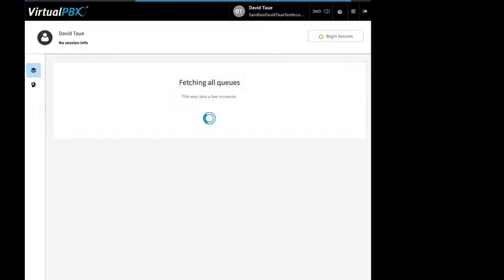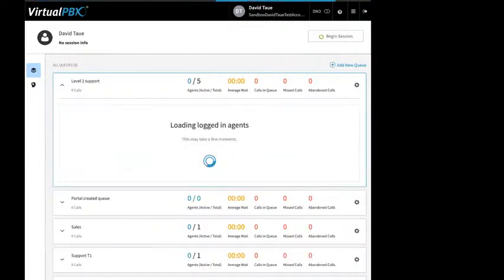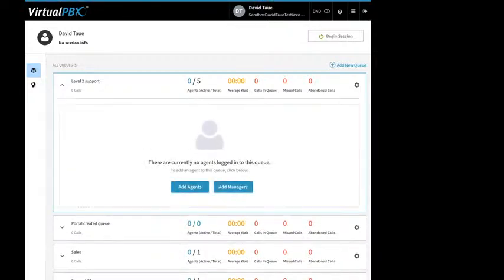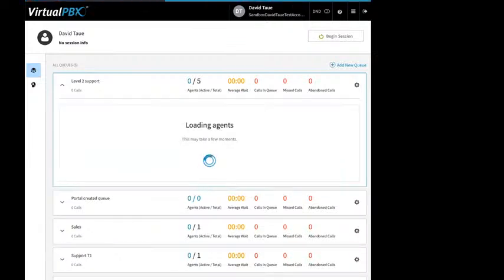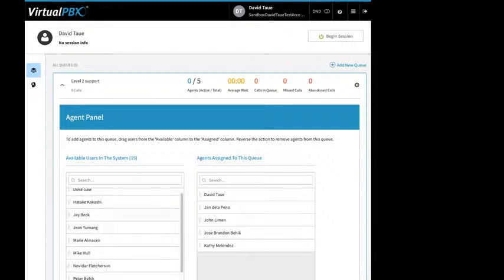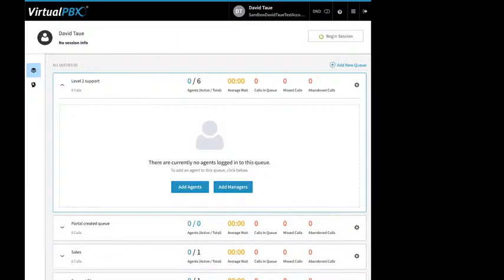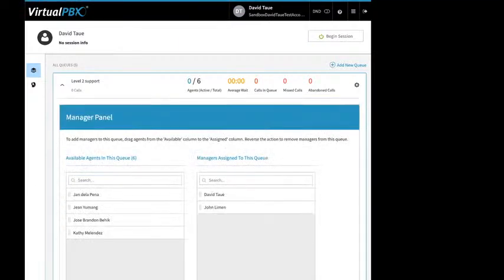All right, so we'll click back to the queues. Now, if you click on a queue itself, you can add agents, right? And again, you can have any of the available members. You can click and drag them to be in the queue. Once you've added agents, you can then make any of those agents a manager for that specific queue. Right, you click and drag. Likewise, you can say, oh,